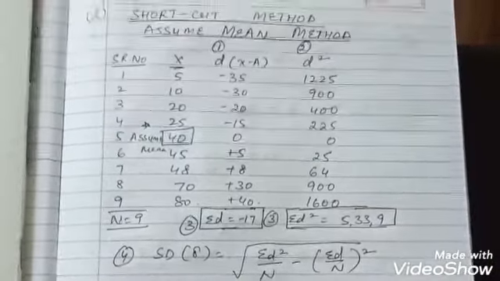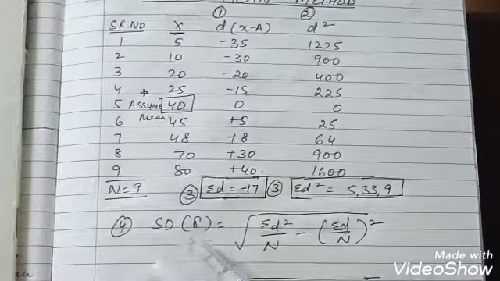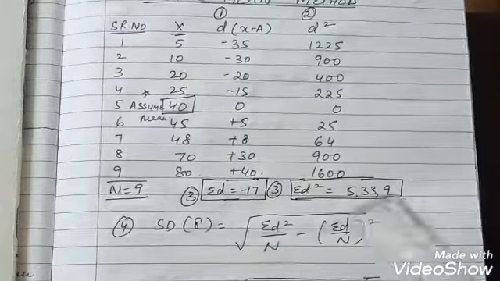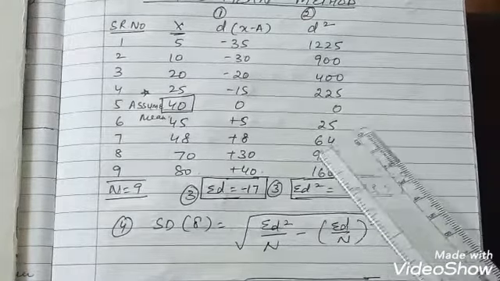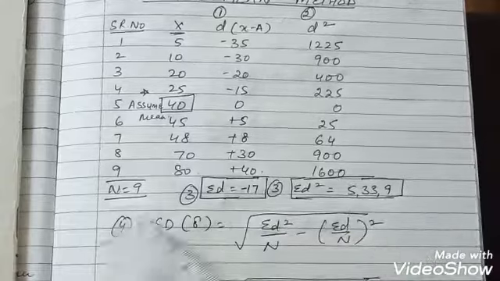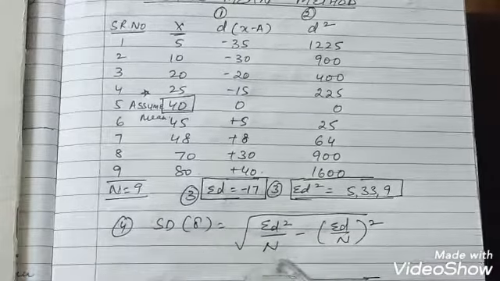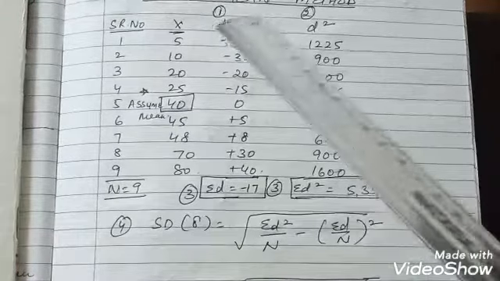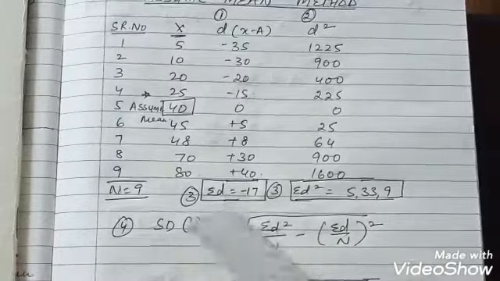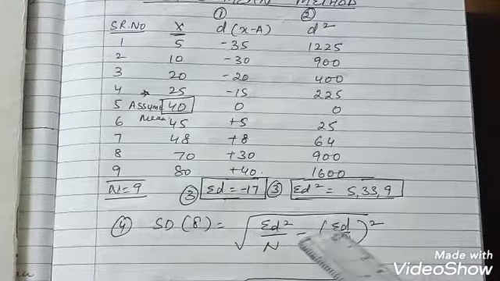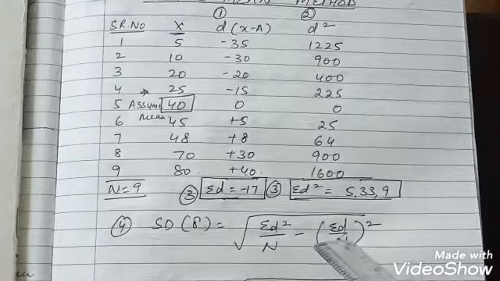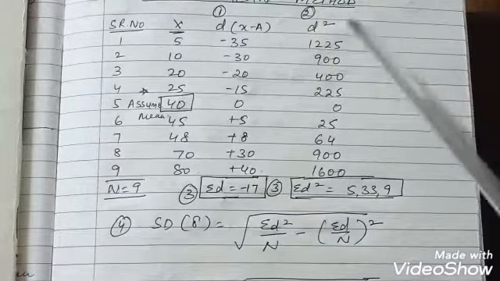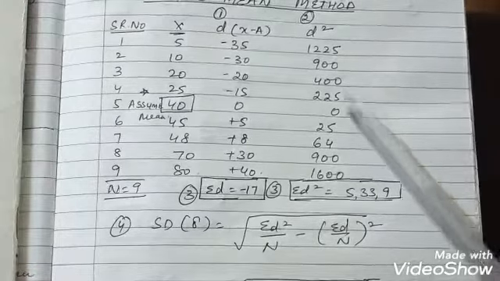If you continue looking at the formula next, here you've got the formula. You have under root. Children, the formula you have to follow very carefully. Under root sigma d square upon n. Sigma d square हो गया ये वाला, n हो गया आपका 9, total number of items, right? Minus sigma d upon n whole square. This is your sigma d upon n whole square. Let me tell you one thing, children. There is a difference between these two. Sigma d square क्या है? Each value of d को हमने square किया, right? फिर उसका टोटल निकाला.